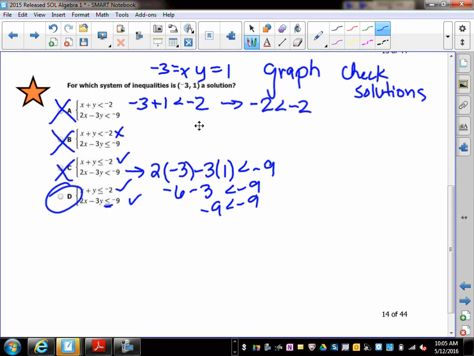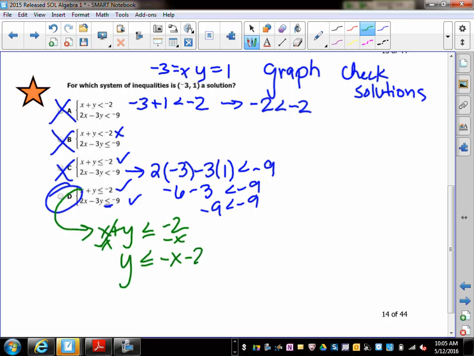Alright, the other way we can do this, aside from just checking our solutions, is to graph this, okay? So listen up, because, again, this will answer some of your questions from your homework. So to graph this, we can double check to see if we did it correctly. I have x plus y is less than or equal to negative 2. Subtract my x over, and I get y is less than or equal to negative x minus 2. For my second equation, if I subtract my 2x over, I get negative 3y is less than or equal to negative 2x minus 9. Then when we divide by negative 3,